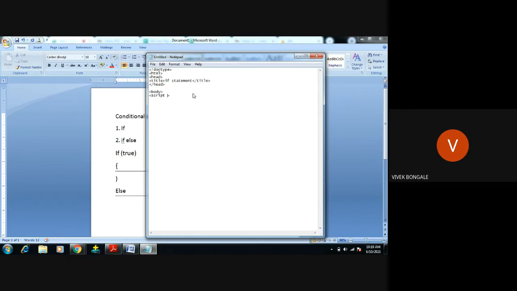If you want, you can give type equals text slash JavaScript. It's optional. Otherwise, we can ignore this part and directly write the tag.